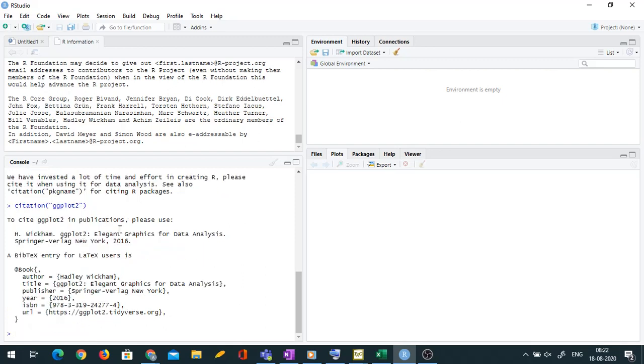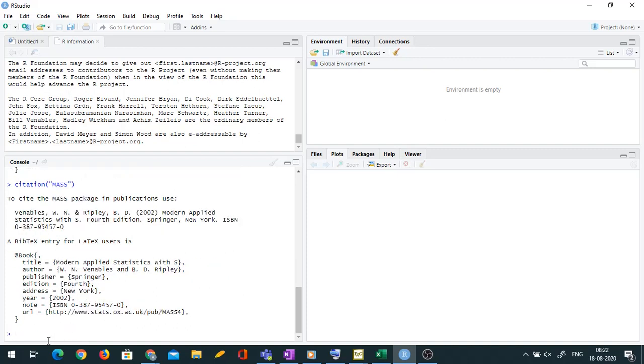See, ggplot2 is a package for graphics, interesting graphics. It's a package written by Hadley Wickham. So you can get all the details of any package. In fact, see the basic MASS package that we use. It has been written by Venables and Ripley, Brian Ripley. So all such citations you should note down. Whenever you use some package, you should note down the corresponding citation and list it at the end.